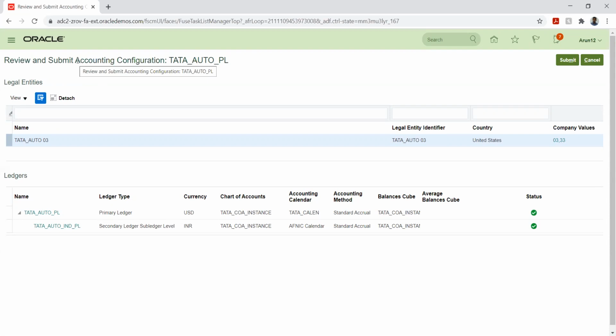So let's say I'm creating an invoice in the AP module. When I create accounting in draft mode, this will not create any cubicle values in the system, like what we are seeing here. But when we are transferring the entries or the invoices to the general ledger module, that is when the cube will be created. So cube is nothing but the invoice or any sort of transaction that we are making in the subledger module.